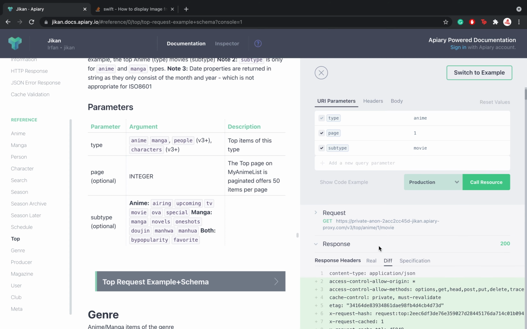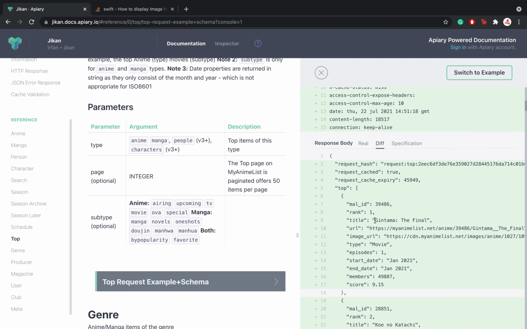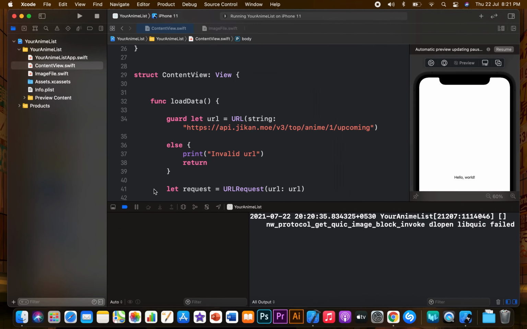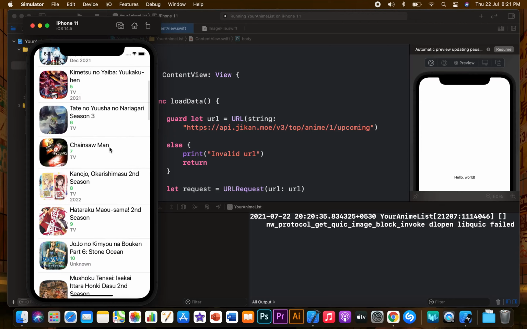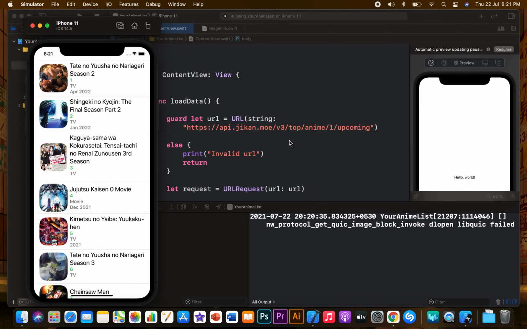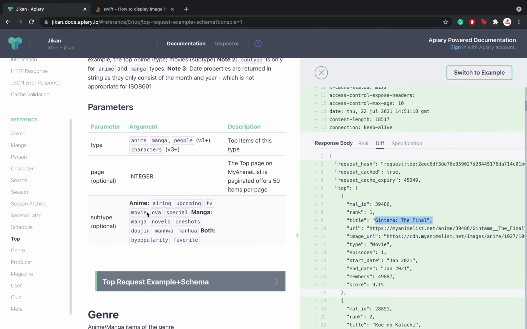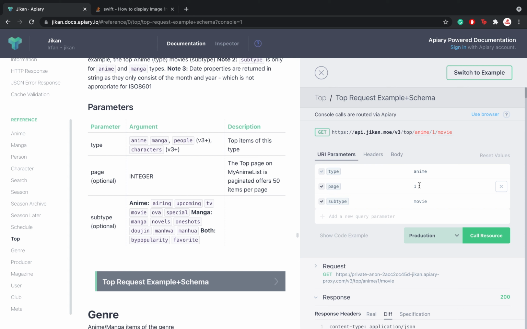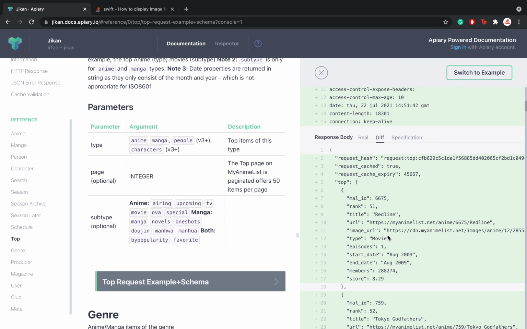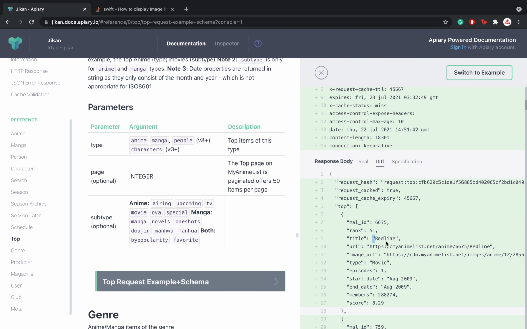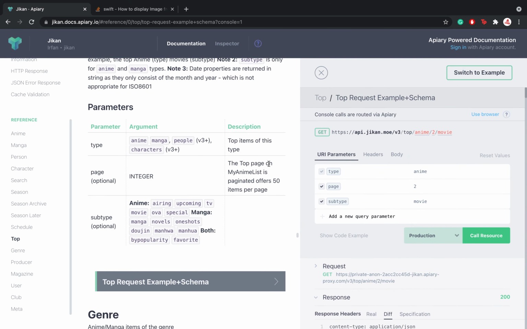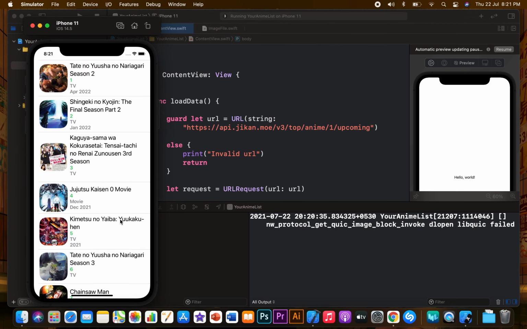But suppose the user wants to see different stuff like movies or TV or something else, then how can he do that? It's just showing the upcoming section of my anime list. So our next big task would be to fix this issue. We would enable the user to have some UI components to interact with inside the application, and as soon as he interacts with them, it changes the value inside the string. So the web page the string is showing changes, and it's not showing just upcoming, it's showing anime, TV, specials, top rated and everything. So we'll work on that in the next few videos.